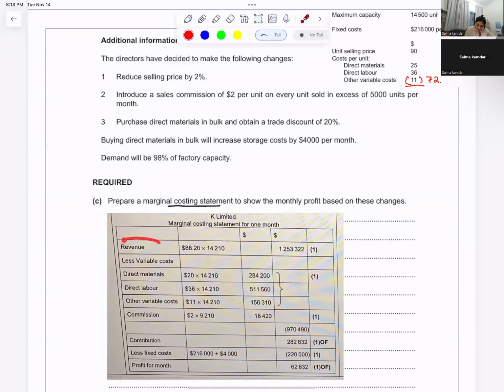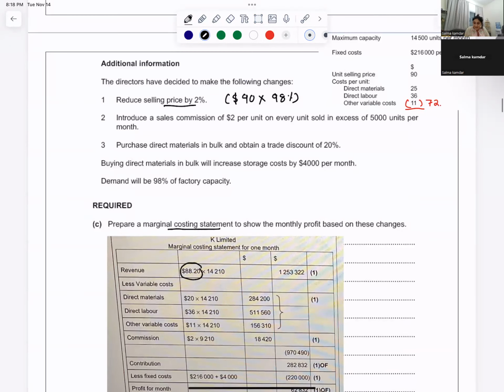So the first thing that I will do is the revenue. They are telling us to reduce the selling price by 2%. That means if I have $90, I will reduce by 2%, that is 98% of $90. So it will become 88.20. The directors have decided to make the following changes, and I am just seeing the changes that I have to make. So I have to reduce the selling price by 2%. So I will take 98% of 90, that is 88.20,